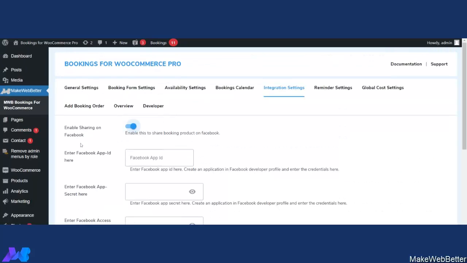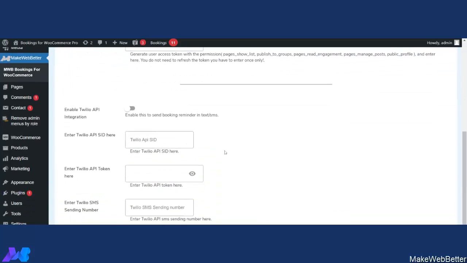Then after that you can enable the sharing on Facebook, so it will allow you to share the bookable products on Facebook. Next, we have also provided an integration with the Twilio API that will help you to send booking reminders to the customers via text or SMS. So here you can enable it from here,